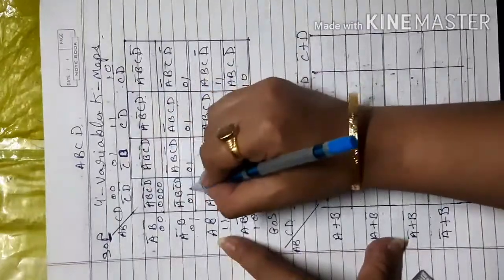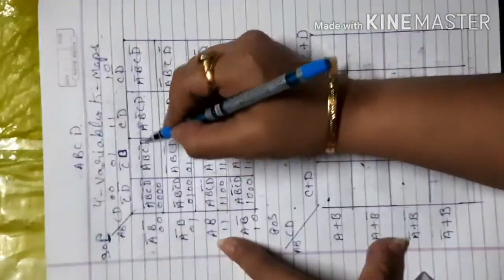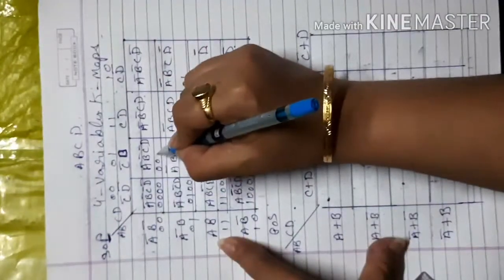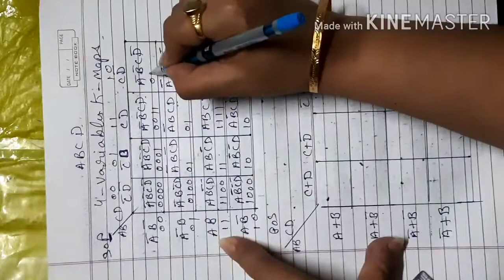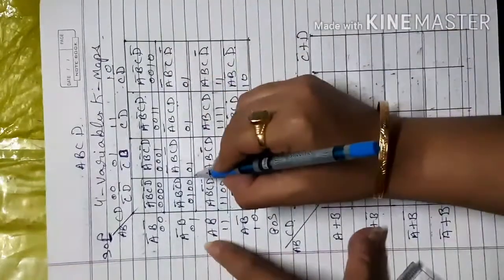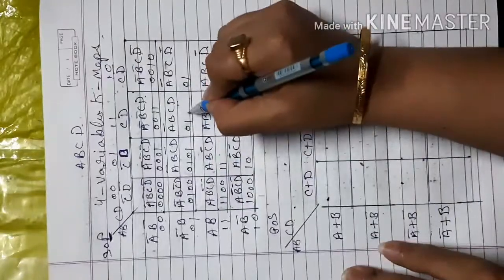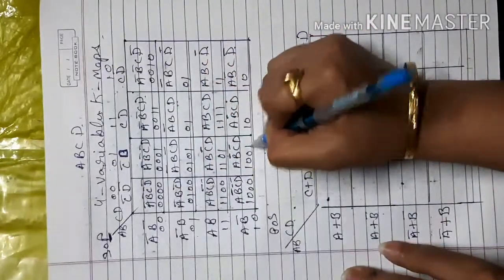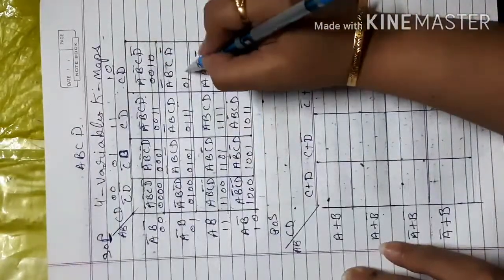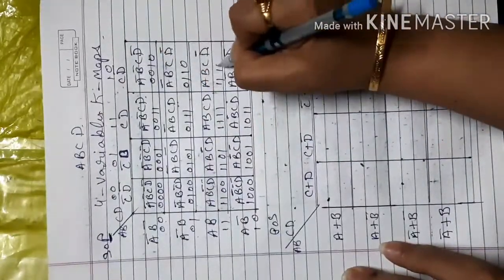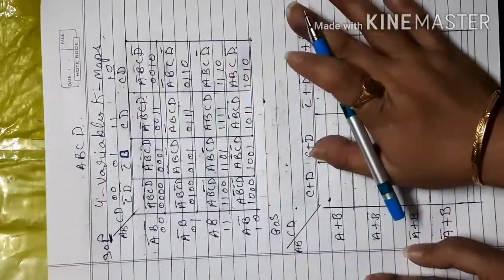Now column wise it is 0 0 0 0 0 0, and here it is 0 0 0 1 0 0 1 1, and this is 0 0 1 0. So this is 0 1 and this is 0 1. This is the 0 1 column. This is the 1 1 column. So this is 1 0 and 1 0. Okay, so no number is repeated here.